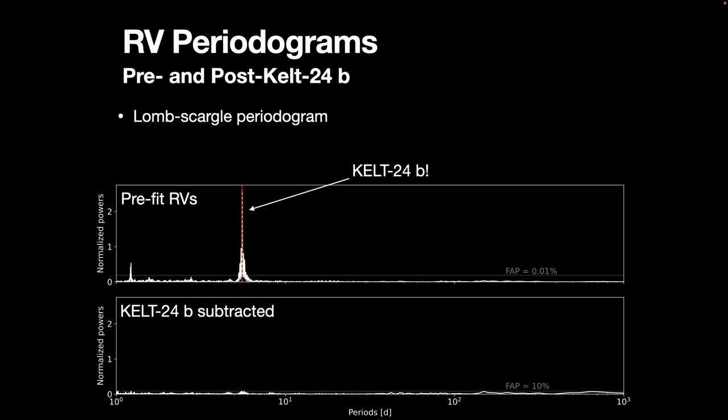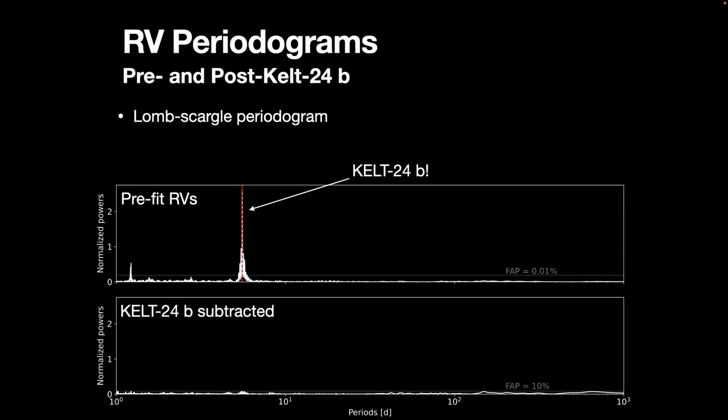We then ran a couple of RV periodograms just using the simple Lomb-Scargle method. And before doing any sort of modeling out of a signal, we just fit a periodogram to the raw radial velocities. And of course, no surprise, we see some giant signal at about 5.5 days. That's KELT-24b. We also see an alias near about a day here that is, again, just an alias of the KELT-24b signal. When we subtract out the best fit model, on the bottom here, you're seeing